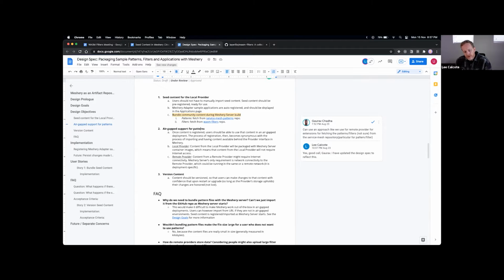When the user later goes to use that application and deploy it to a particular service mesh, any service mesh specific considerations are addressed at the time when the operation was invoked. Those considerations are addressed by the adapter for the service mesh that the user is using. If that's the case, do we need to continue to bundle sample apps, or not just sample apps, but ongoing applications, with